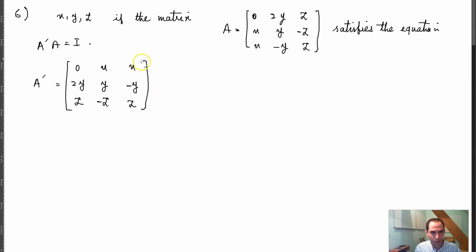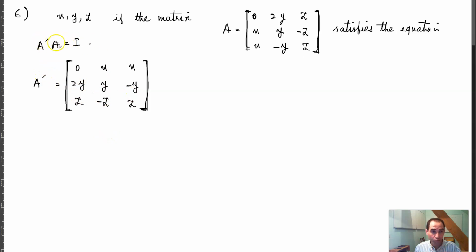Right, so that is basically one matrix that I have here. And what that means is that basically then